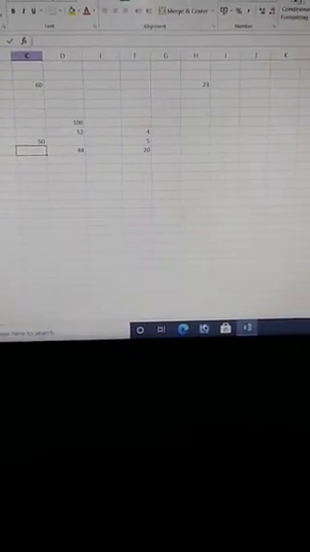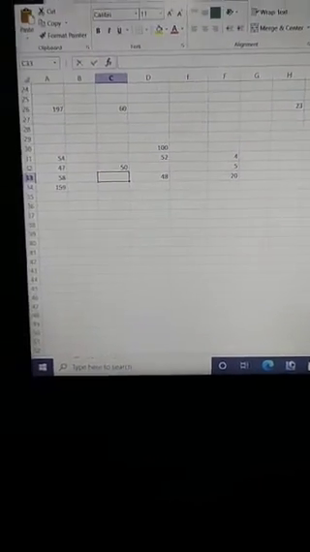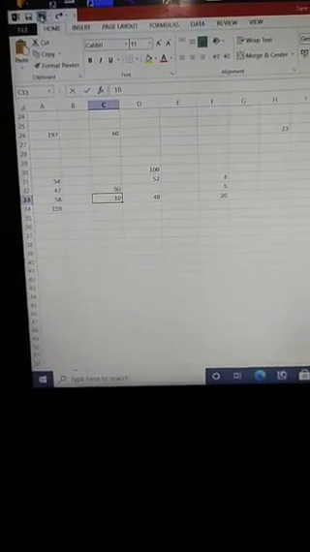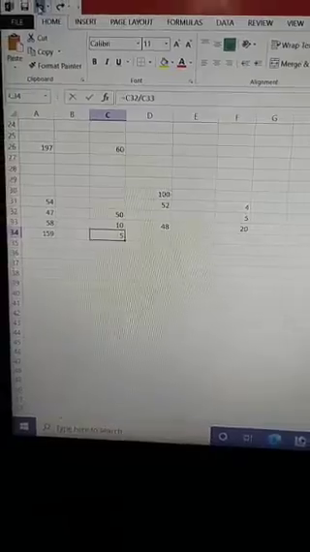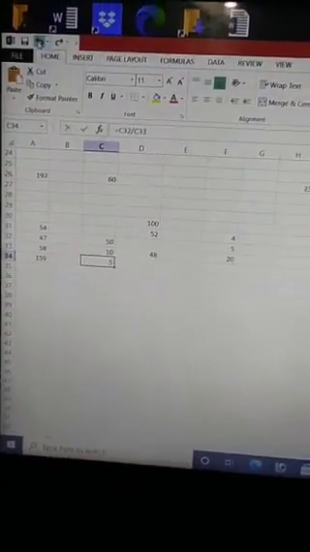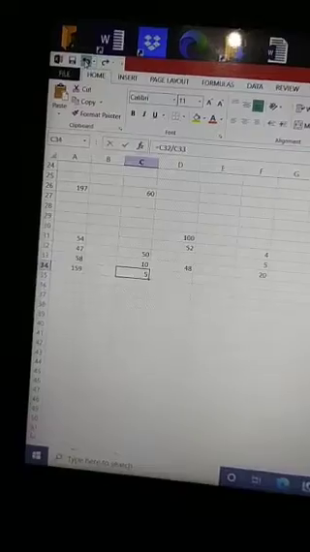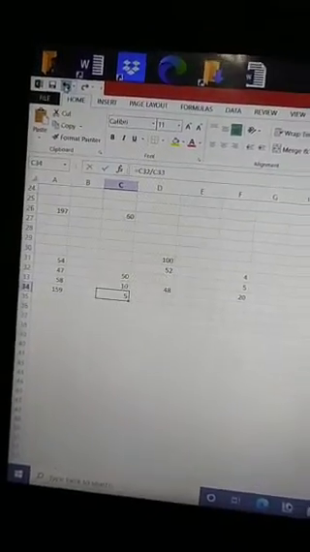If we undo this, then to redo I press Ctrl+Y, and you will see that pressing Ctrl+Y again redoes it. This is the shortcut key for redo in Excel 2013, and you can also press the F4 button.